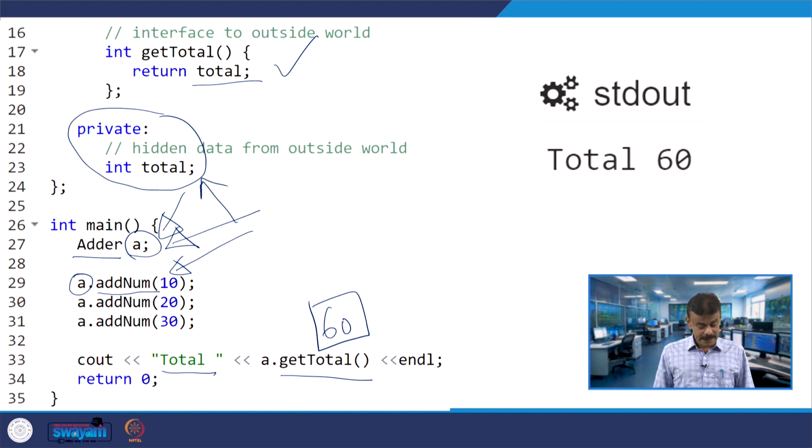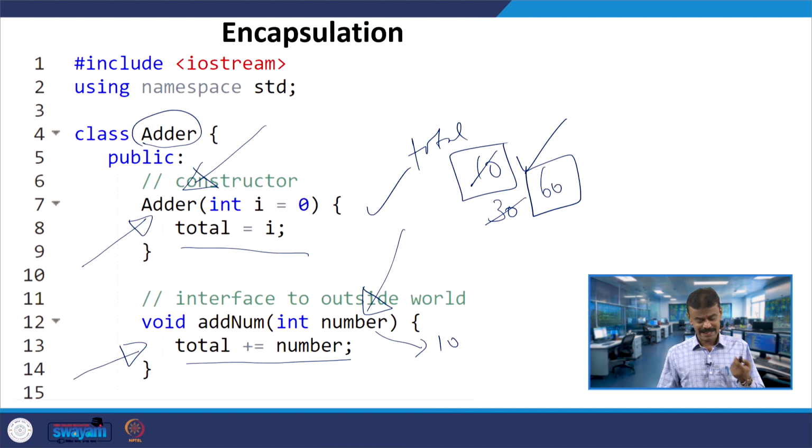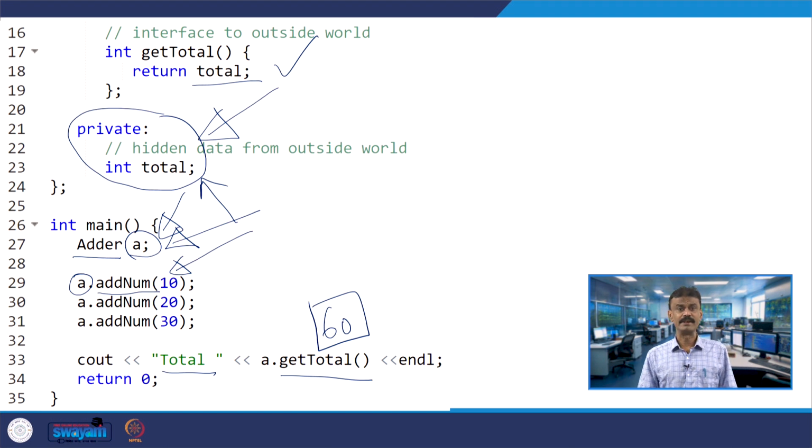So, this is how I can explain the concept of encapsulation, or you can even call it data hiding. Which data are we hiding? We are hiding the private member data called total. If I write A dot total outside, it is private member data, so we know that it will give an error. You can try cout A dot total instead of calling this particular function. There will be an error, because you cannot access it outside the class, and moreover the access specifier, you can see, is private.